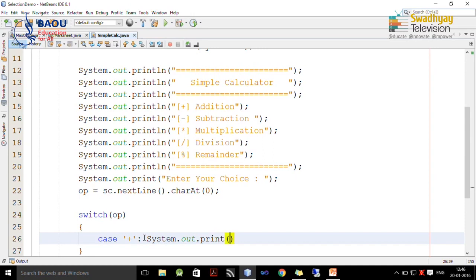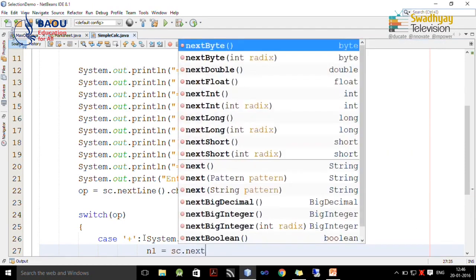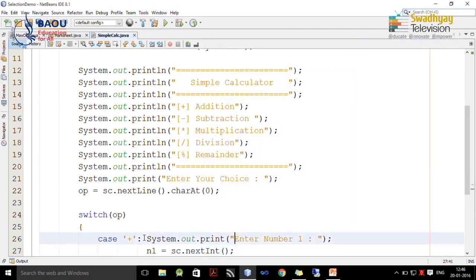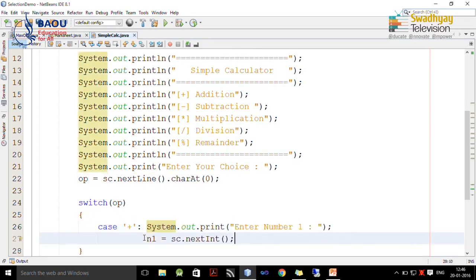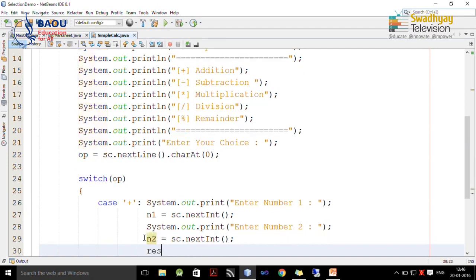So, I write down inside these case enter number 1, and inside N1 we are going to read these integer value, we copy these and we read number 2, we store value entered by user inside N2, and we want to perform sum of N1 and N2 inside result.